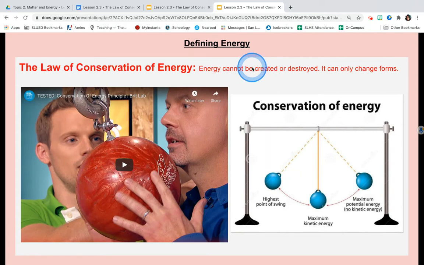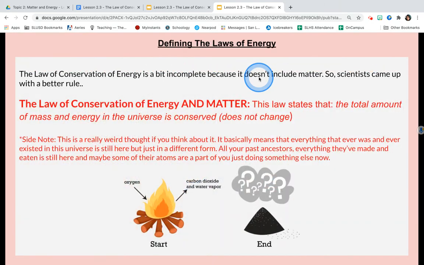That's what it means by energy cannot be created or destroyed, right? You can't put in more stuff. Like if you only have 10 gallons of gas, you can only go as far as 10 gallons of gas can take you on your vehicle. You can't go past that, right? It's basically what it means in general.